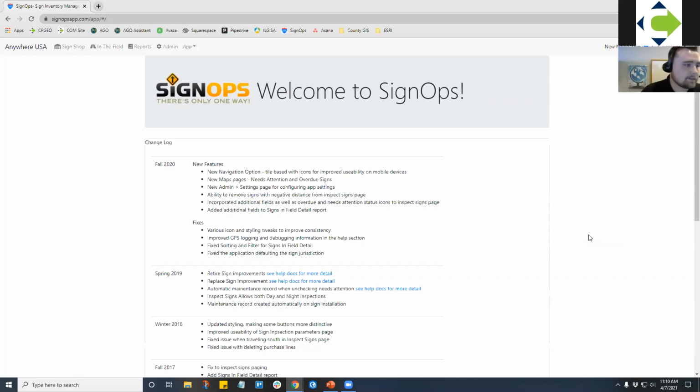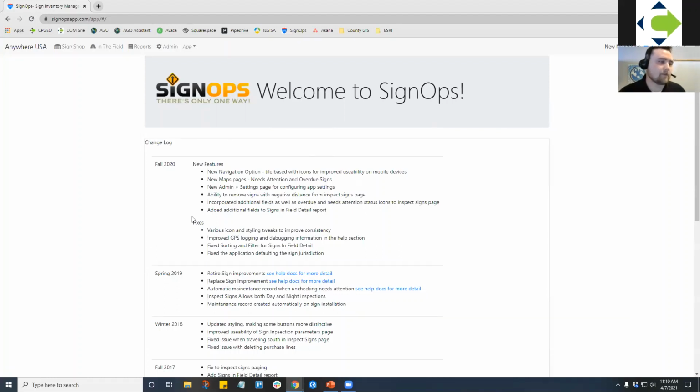But as you can see here, highlighted on the home page, we can see our change log. And this change log details all of our updates when we come out with them. So it gives users a good reminder and a good list to show, hey, here's all the updates that have been made. Here's now what we can do, some new features, some fixes to some current stuff out there. And what we really try to shoot for is at least one update to the